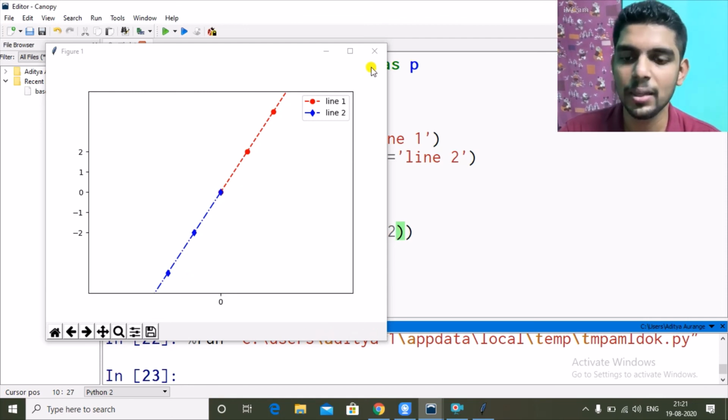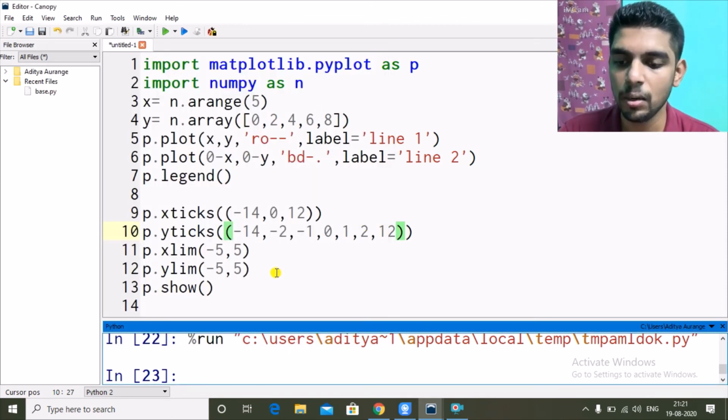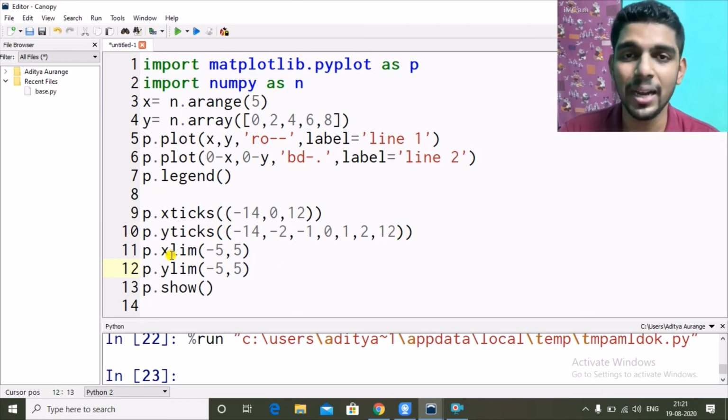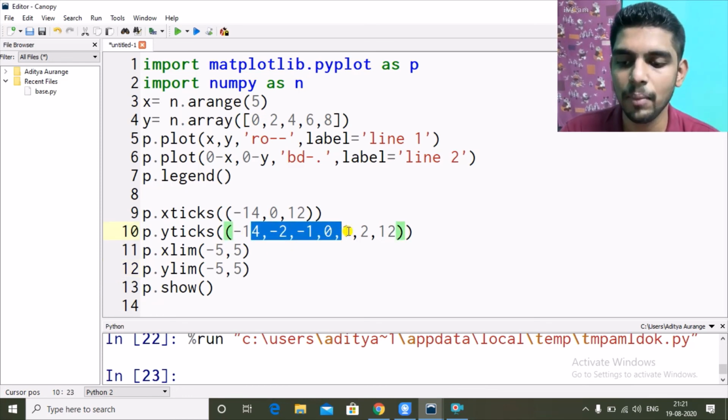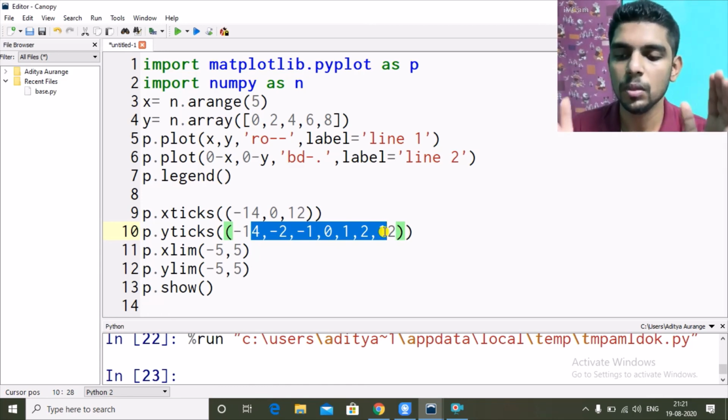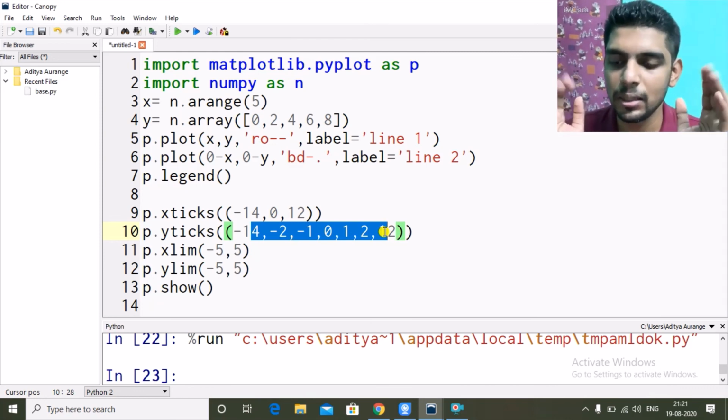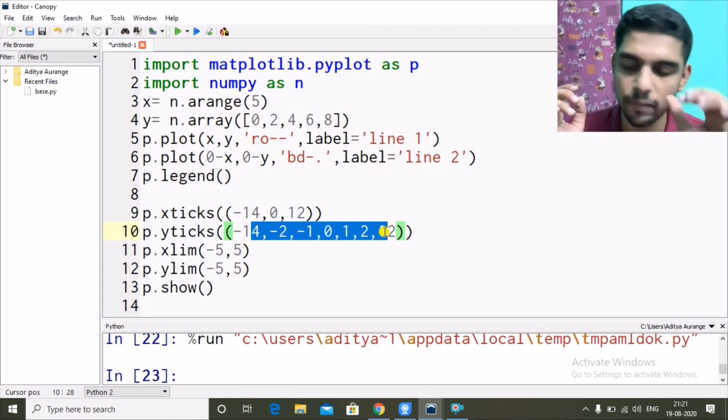I hope you are getting this. So whatever comes later, or in the end, will override the effect of the previous one. Which effect? Not the naming one. We are seeing the numbering according to the x-ticks, but just the range value. So x-ticks increased the range, then x limit limited the range of the graph.